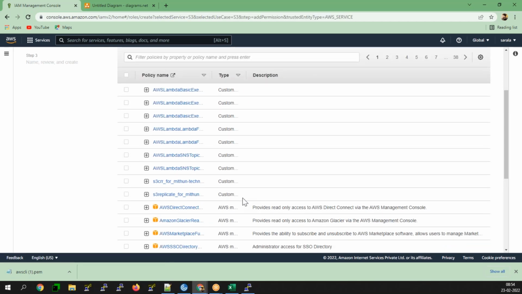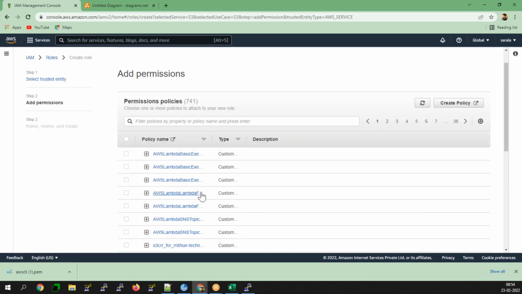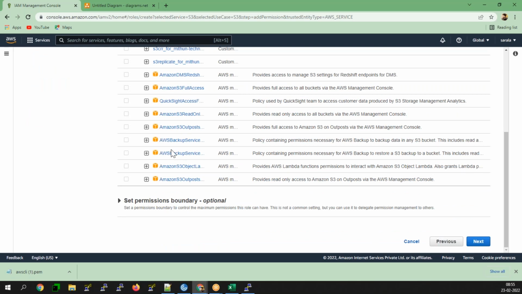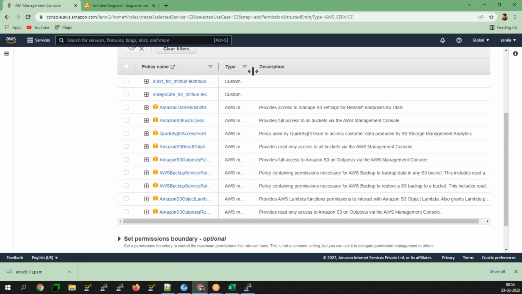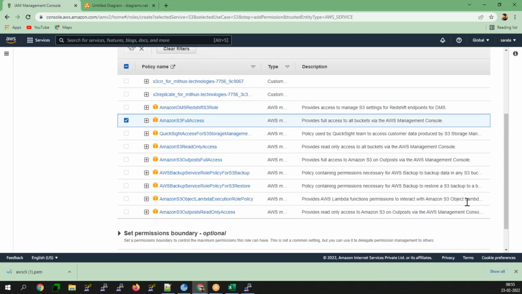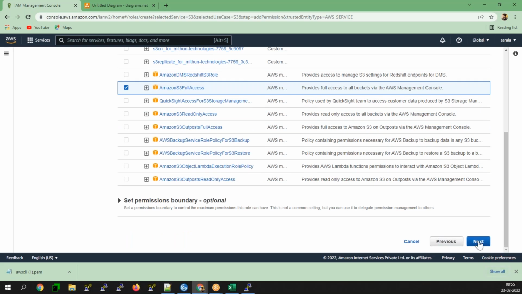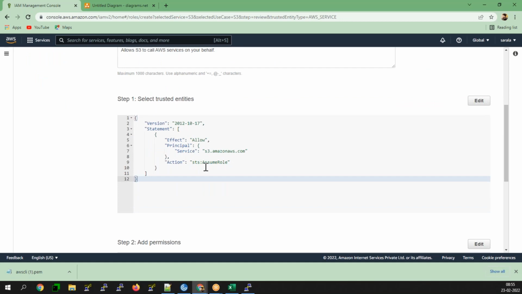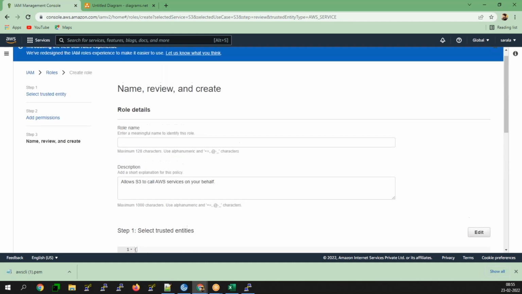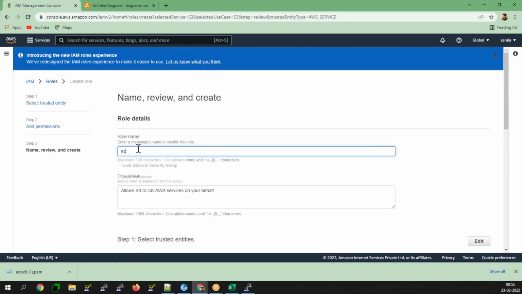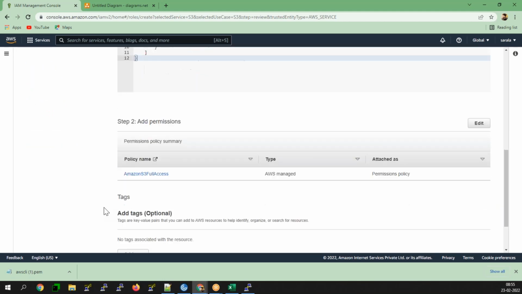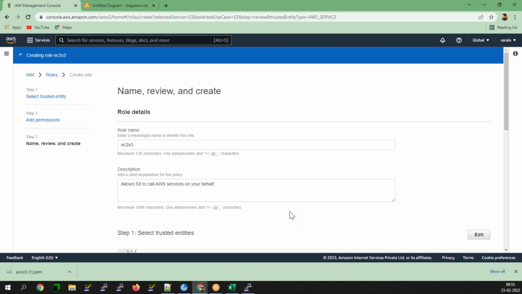All kinds of access to S3 you can enable here. Permissions: S3 full access. Here it provides S3 full access for your service, all kinds of access, and I would like to name this one EC2 to S3. Create a role.